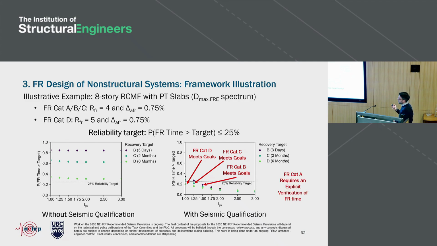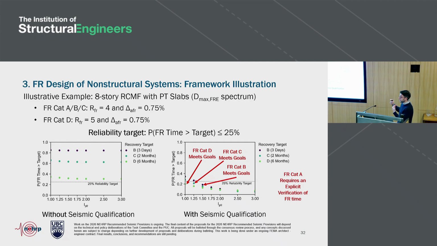Now you're not seeing values for A because A, you might remember, was immediate recovery, and in these provisions we require an explicit evaluation of functional recovery performance for those designs, just because zero hours of recovery, or immediate recovery, is a pretty ambitious goal. So we want to ensure that it has been explicitly verified and not just implicit because you're following the design requirements that we're setting out. This seems very simplistic, these figures here.